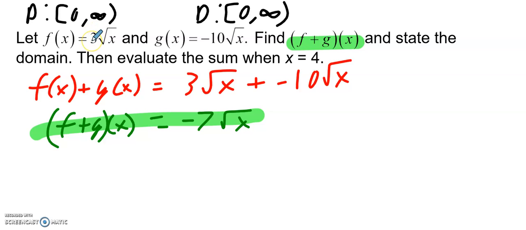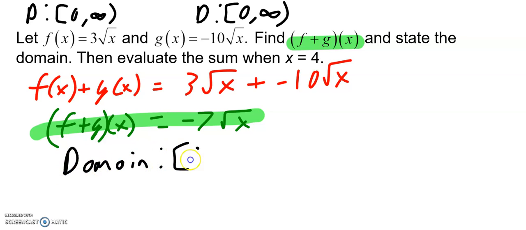This is a vertical stretch, so that doesn't change it. So both of these are square root functions. This, again, is a vertical stretch and a reflection, so that is not going to affect the domain. So then if I combine the two functions, that doesn't change the domain, right? If they're both 0 to infinity, then the result is 0 to infinity. So my domain here,